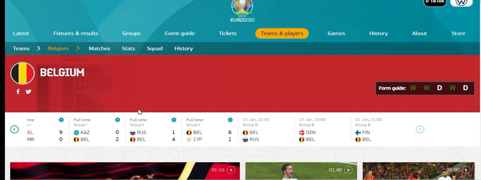The second game is against Denmark and they play Finland. So teams like Belgium, it's where you can bet at least for gold, or you can place a bet for one event to happen. Maybe you can say that Belgium to win the first half or Belgium to win the second half, but an event that will put you in a position whereby that event is likely to happen, but not